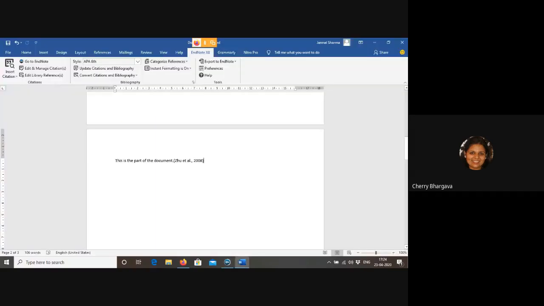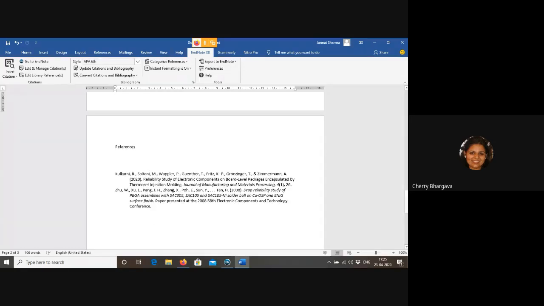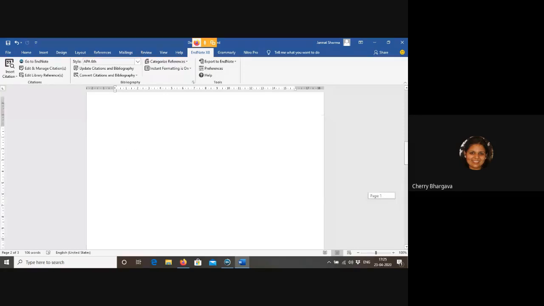Now, suppose this one is your second reference. Now, look at that. At the end of your document, it will automatically insert your bibliography or the references. Okay. Now the main problem is how to manage all these things, because I have just inserted only two references. Suppose in between these two references, any part where you require an additional reference, then what you have to do, again, if you know the references, then simply go and click on the citation.